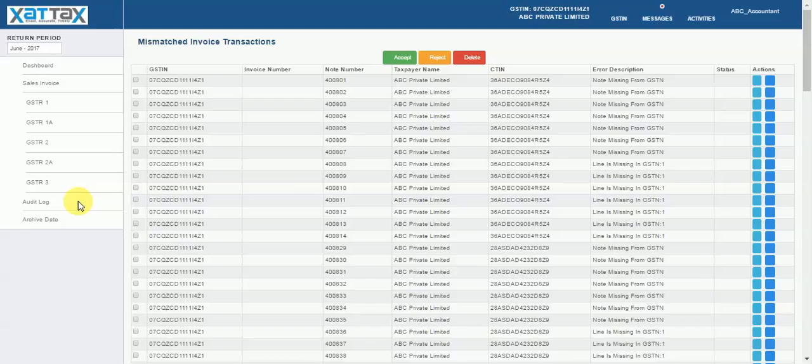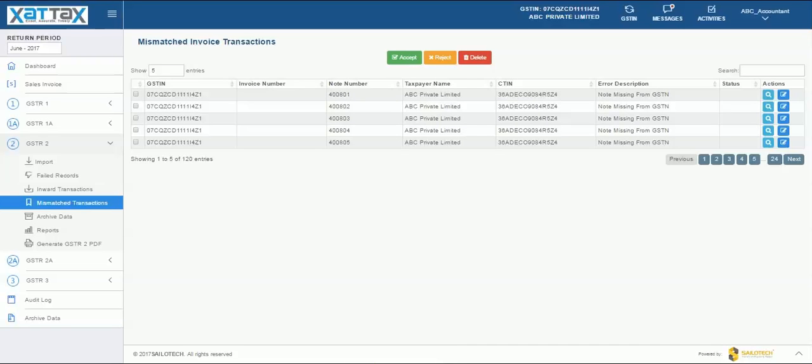This is where the ExactTax product has a strong unique value proposition to offer, wherein the mismatch section GSTR2 that is originating from the accountant's system is compared with 2A which is originating from the GSTN site, and accordingly the mismatch data gets displayed here. So once the system displays the mismatches here, there are three options: accept, reject or modify that an accountant can use. Please note that there could be three types of differences.